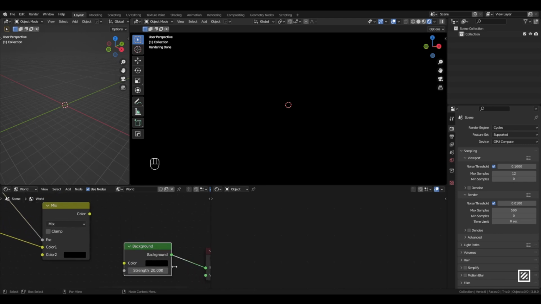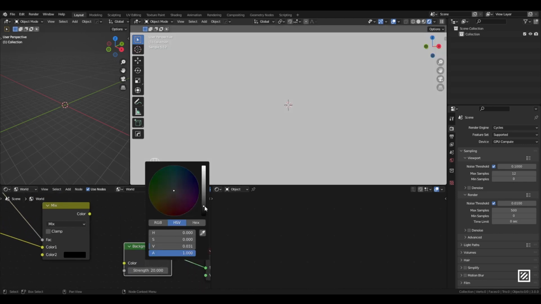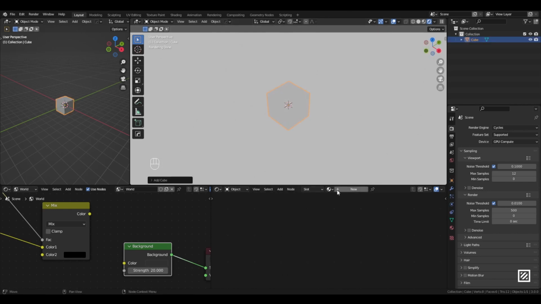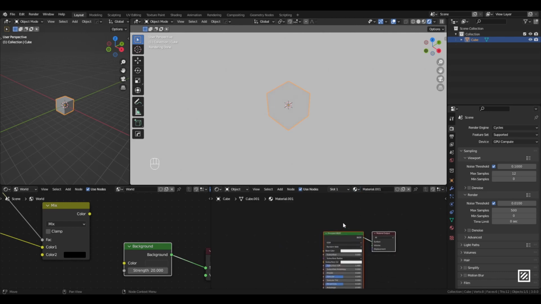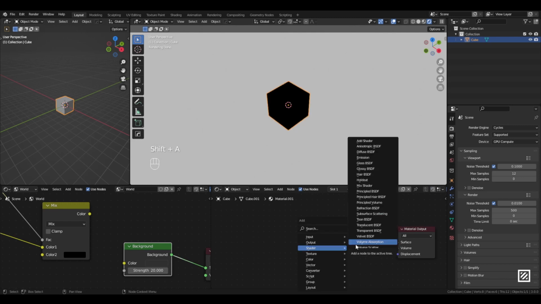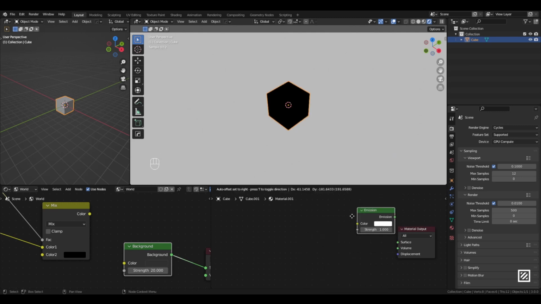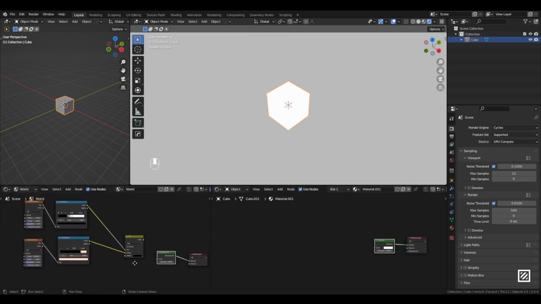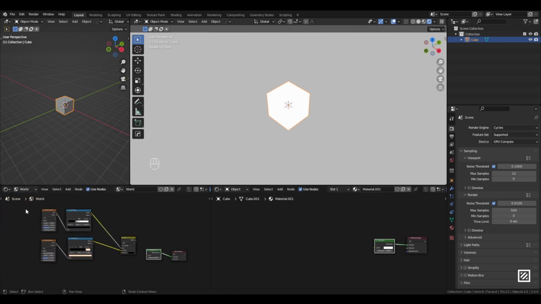Okay, let's change the background to a little bit grayish. Yeah, I will add cube, and if you add a new material, you get something like that. Okay, let's delete the principled shader, and add emission shader. Plug it into the surface, change the strength to 20, and now go back to the world node setup